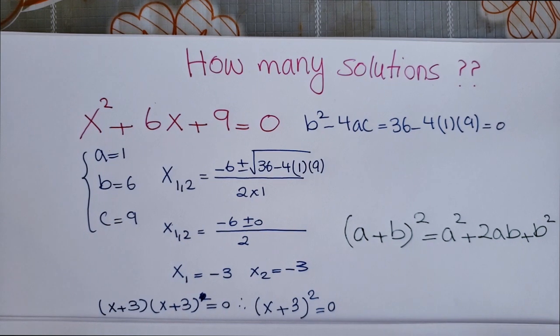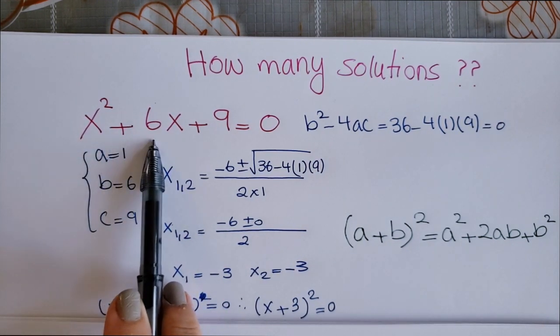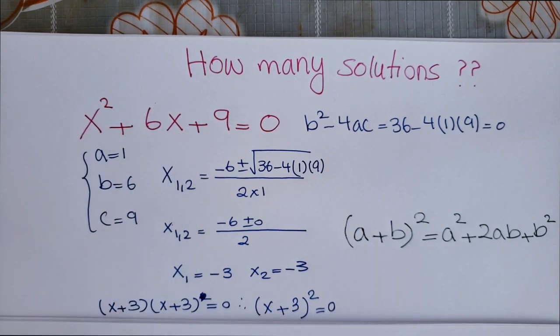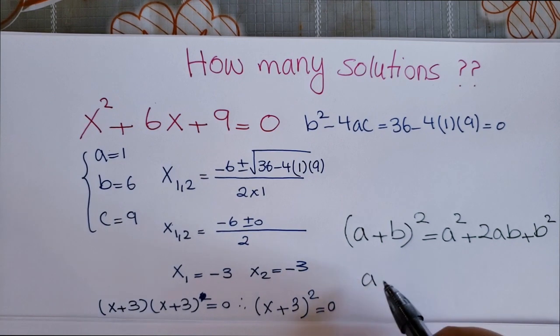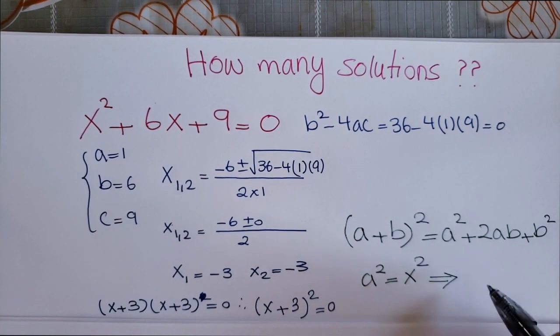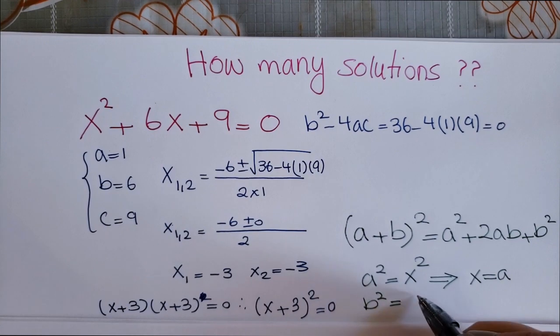Here you can see that this is a squared, this is 2 times ab, and this is b squared. So if a squared is x squared, then x equals a, and if b squared is 9, then